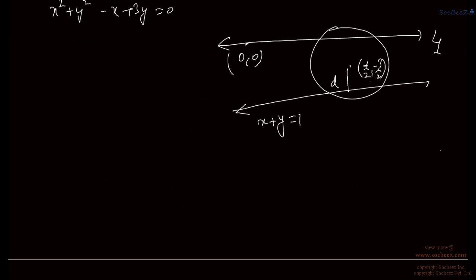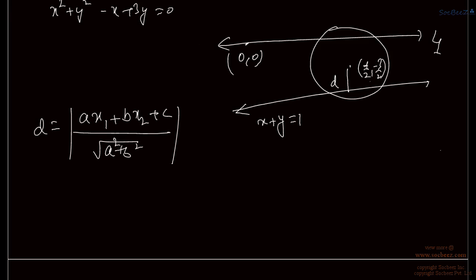So we can easily find this distance d. So d must be the distance of a point from a line, which is |ax1 plus by1 plus c| upon the square root of a square plus b square. We have learned this in straight lines, that is, a straight line ax plus by plus c is equal to 0 and a point (x1, y1) are situated at this distance. Okay, so substituting this value in this line, so we have d as